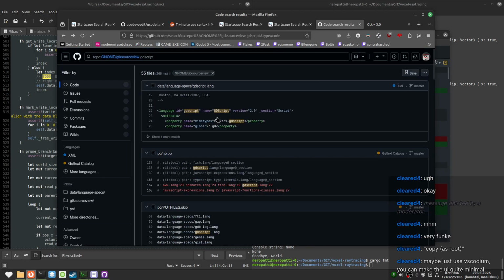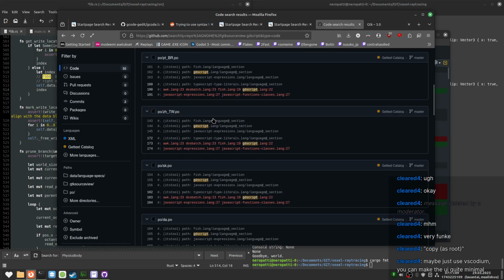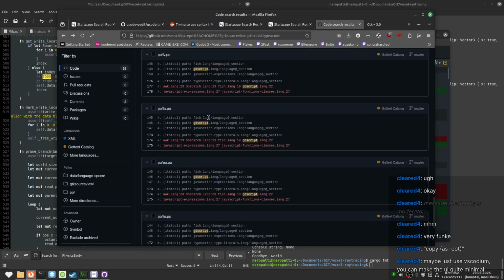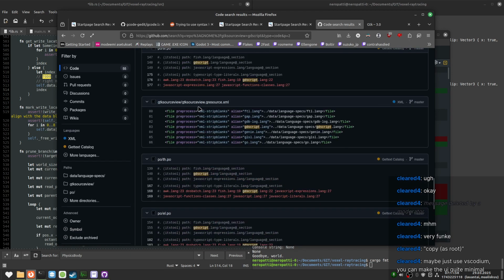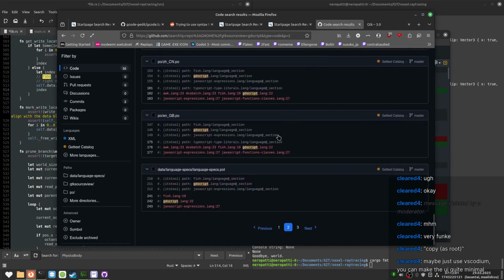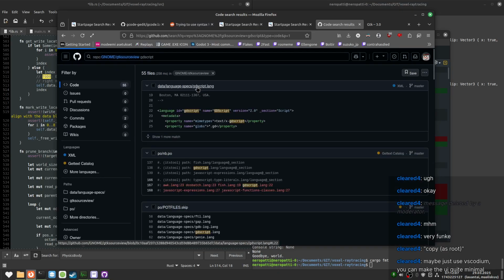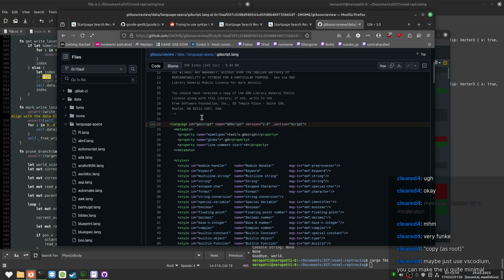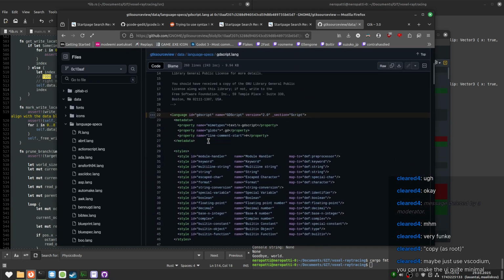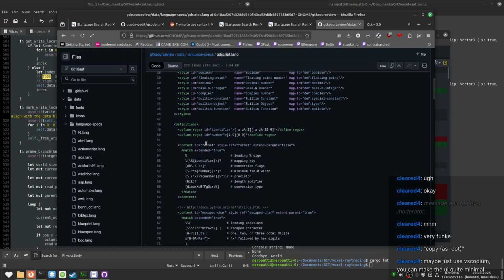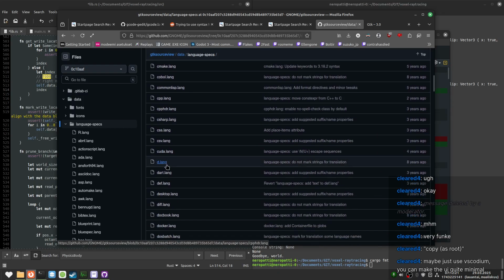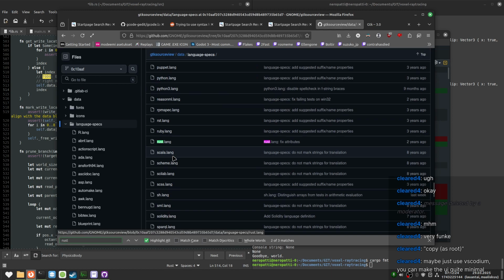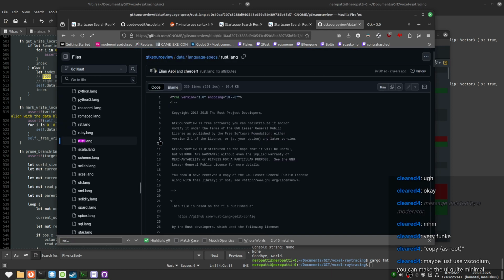Oh, actually, let me scroll a bit more. We have all the translation files here. Okay. So the first thing is the thing that I was looking for. Here somewhere we have Rust. There we go. Rust don't lie.